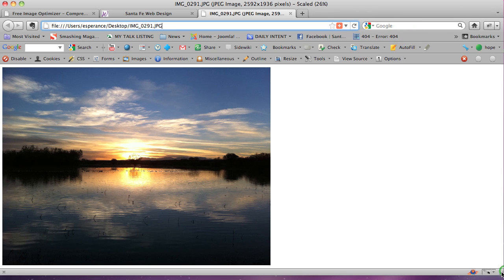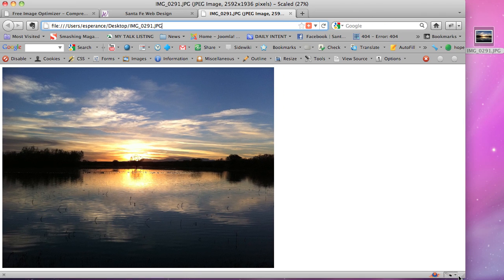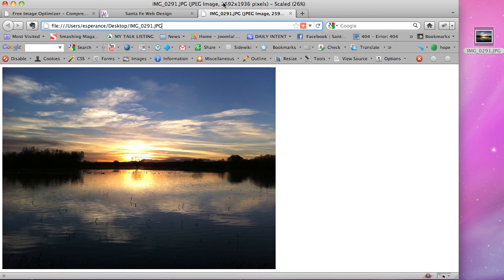And another way to tell how big an image is is to look at the top of your browser in Firefox and see where it says 2592 by 1936. Right, and it's 26% of the actual size is what you're seeing here, right? So I would guess that most people don't need an image that's bigger than 700 pixels, okay? So in width. In height, I wouldn't go much farther than 500 pixels just because some people are on smaller